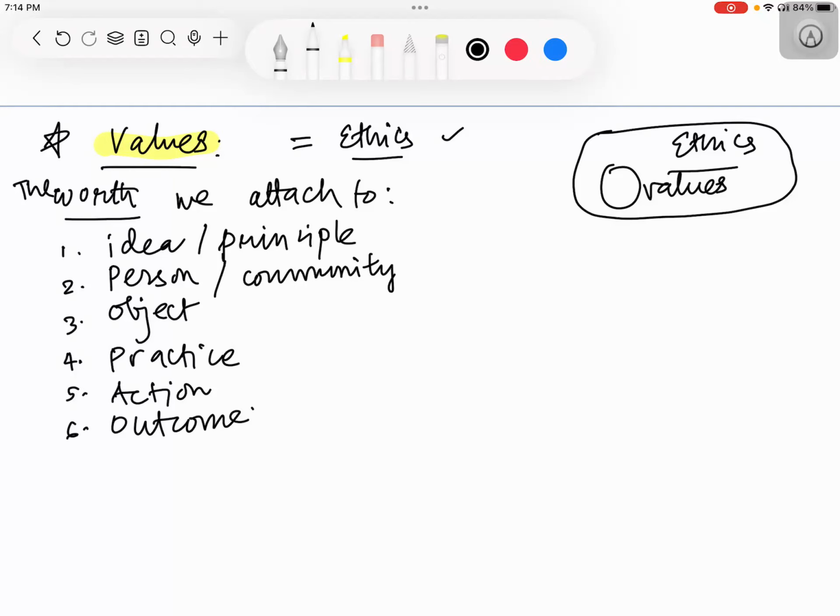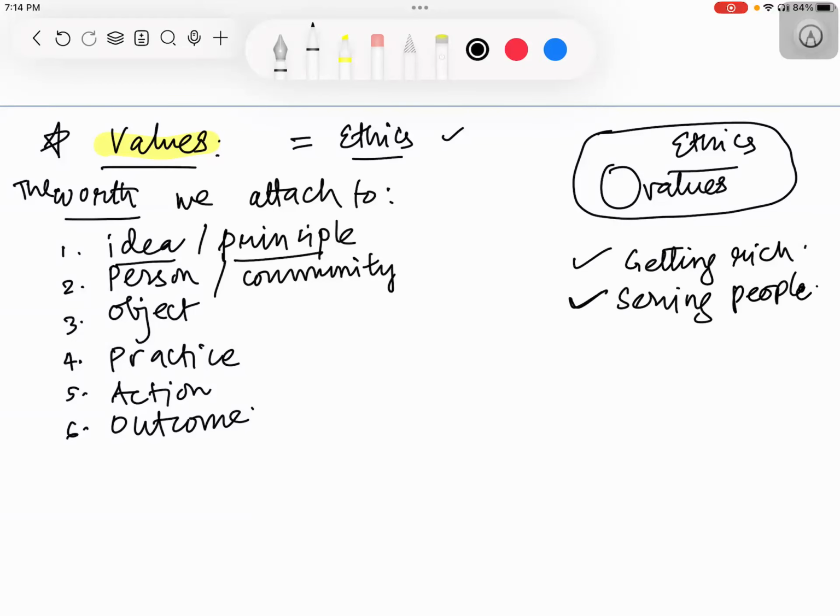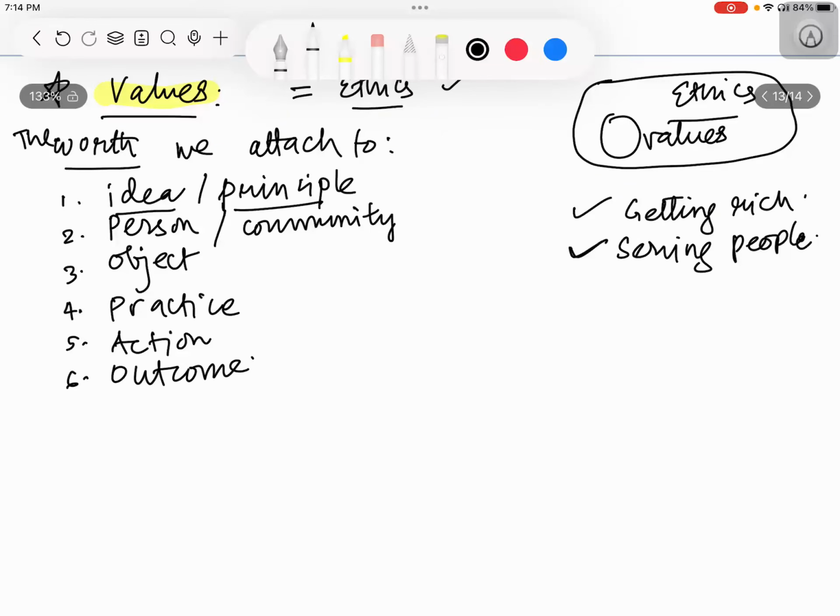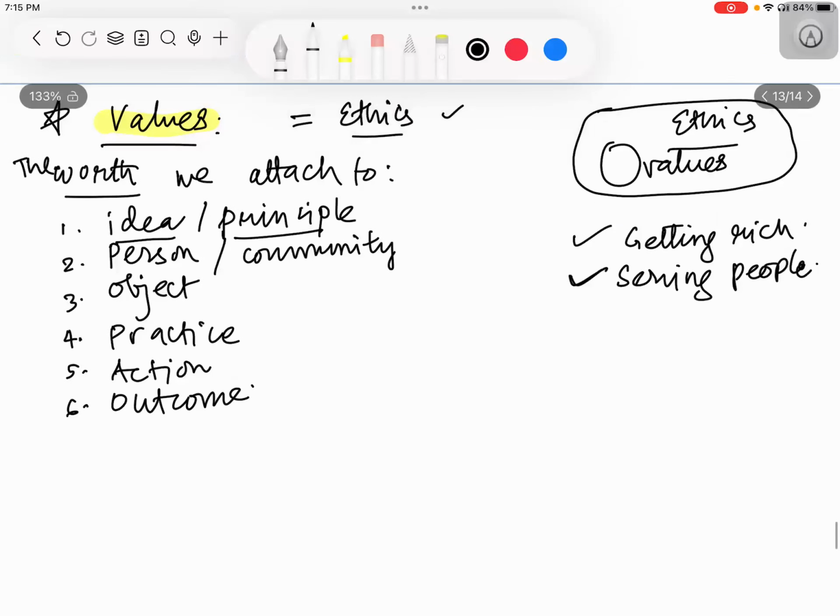For example, if you are valuing a person, the society, the country, or any idea or principle, suppose you will say my principal idea in life is how to get rich. So getting rich is the value that you have chosen for yourself. Someone will say no, serving the people. Now this is the value I value the most. So that means you attach more worth to it. For getting rich, money has the most worth, right. So some kind of practice, for example, the practice of administration, suppose